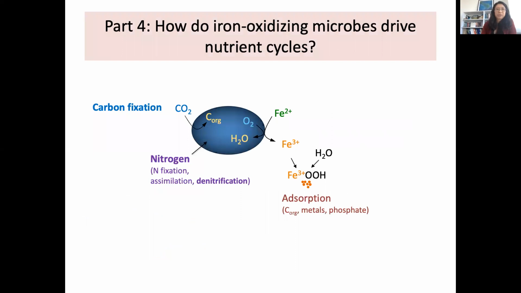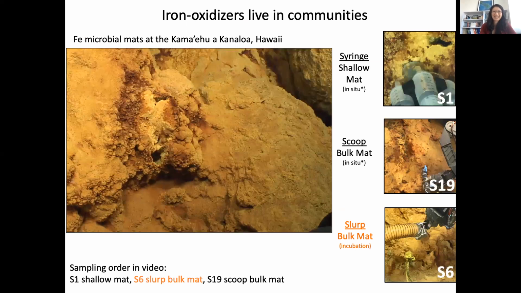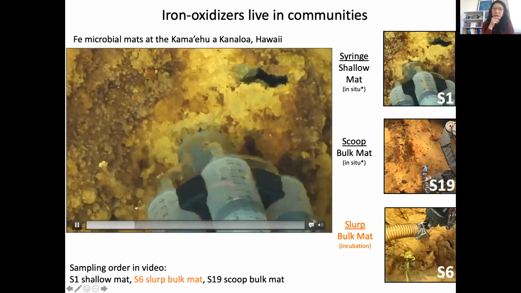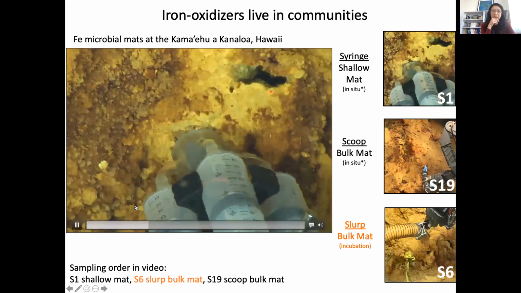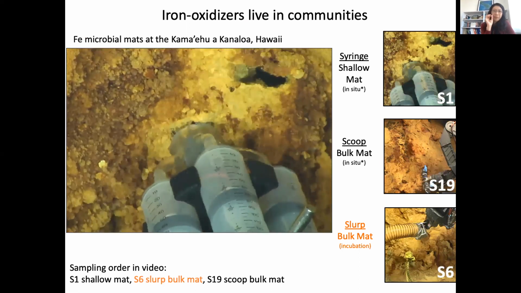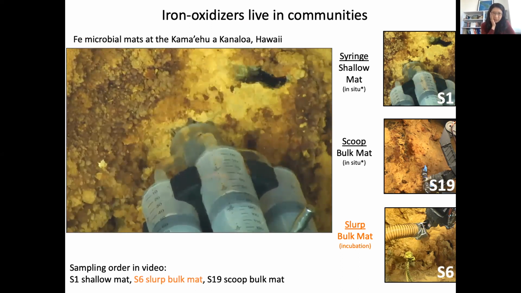So, okay, I told you at the beginning that we care about these organisms, not just how they're oxidizing iron, but how they contribute to nutrient cycling in the environment. And so I just want to finally say how we do this. And we're going to have to go back to Hawaii to understand this. I know that there's not a ton of time left, so I'm going to quickly tell you about how we do it by showing you this video where we sample the top